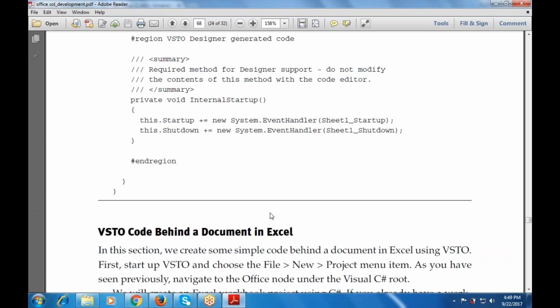And then VSTO code is also used behind the document in Excel, which provides a simplified version of the VSTO, that is how it is closed, how it will be put up, how we are going to enter the